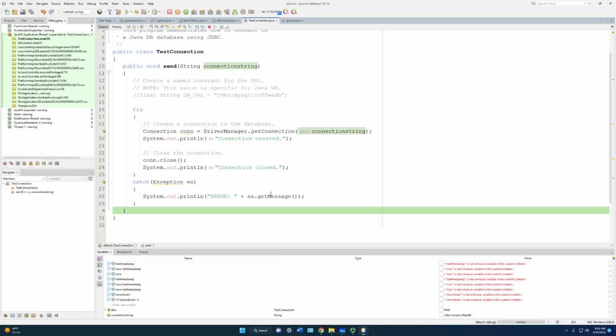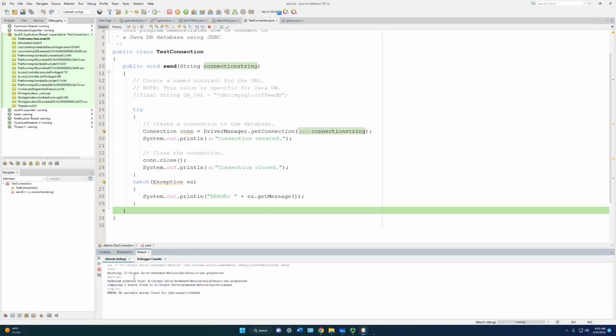So our error message would have come out. If we look at our output, we see here, error, no suitable driver found. So what it's saying is, for this connection string, you have no driver. That means we have no Derby driver installed for the